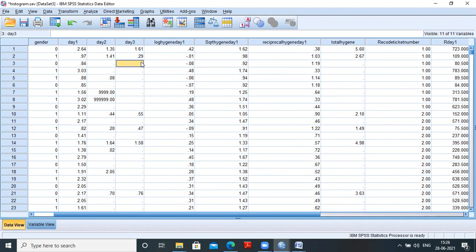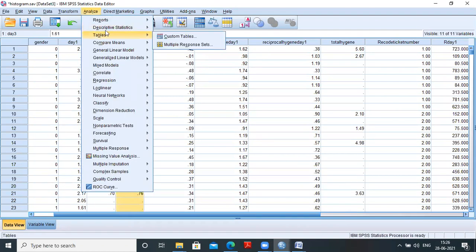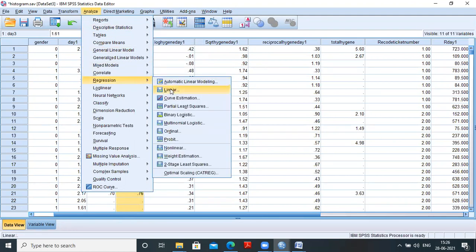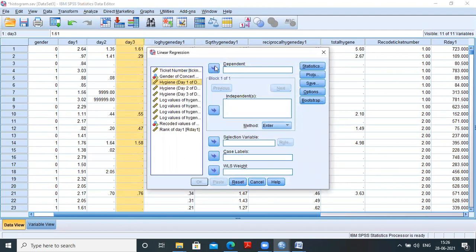Let it be, I assign all the missing values 999. Then I can convert all these 999 into a new variable with new values that can be replaced. That can be automatically replaced by taking the mean, by applying regression or any other variable. Let it be this. This is the variable. If I have to check analyze, and I have to apply, let it be regression: hygiene day 1 on hygiene day 2 scores. Let it be, I have to apply this.